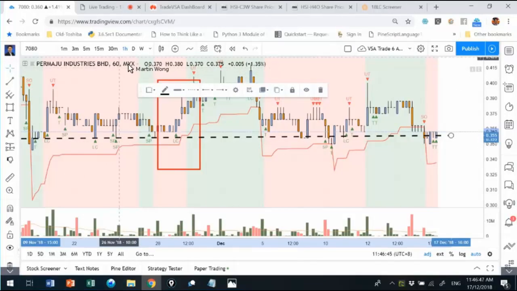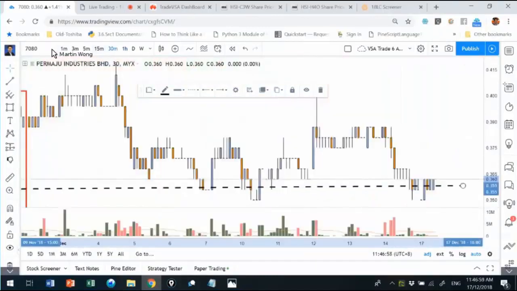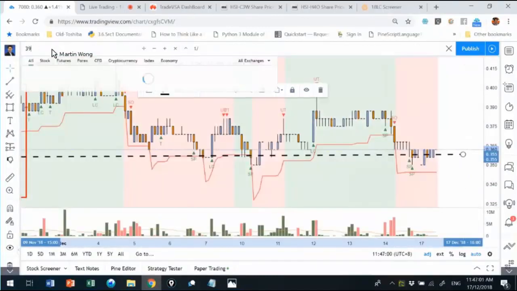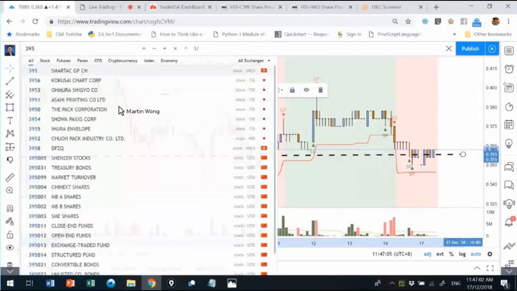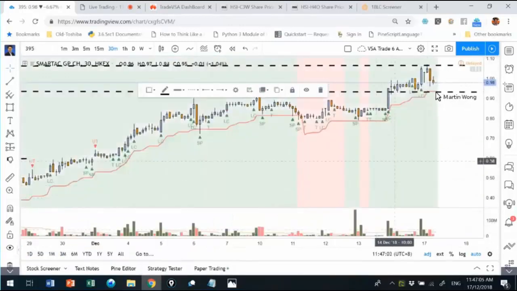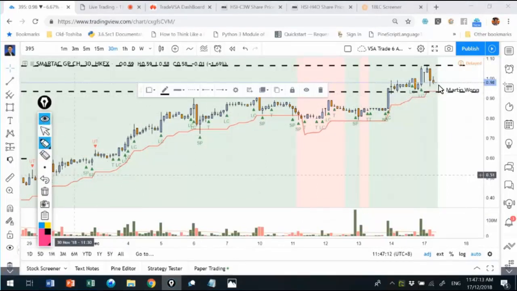But usually for intraday, based on the hourly chart or 30 minutes, I like to trade based on support because that's where you can see very clearly where the next support and resistance is. Just like the stock I showed earlier on, Smart Tech from Hong Kong. Based on 30 minutes or 1 hour, you can spot the support and resistance very clearly. So I will wait until it drops back to here,